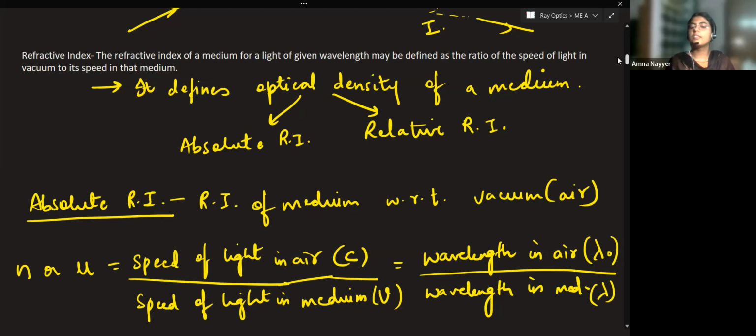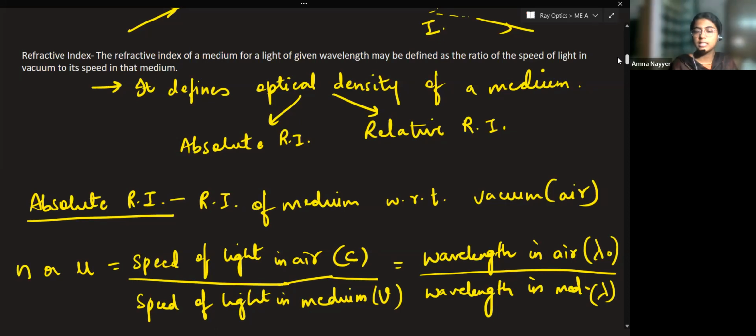Now, the formula of refractive index is basically the ratio of two speeds, or the ratio of two wavelengths. See, light will always travel from one medium to another medium. If light travels within the same medium only, air, is anything happening? No phenomena is occurring. But let's take the example of glass. What happens? A ray of light strikes. When rays are striking the lenses that are present within the glass,